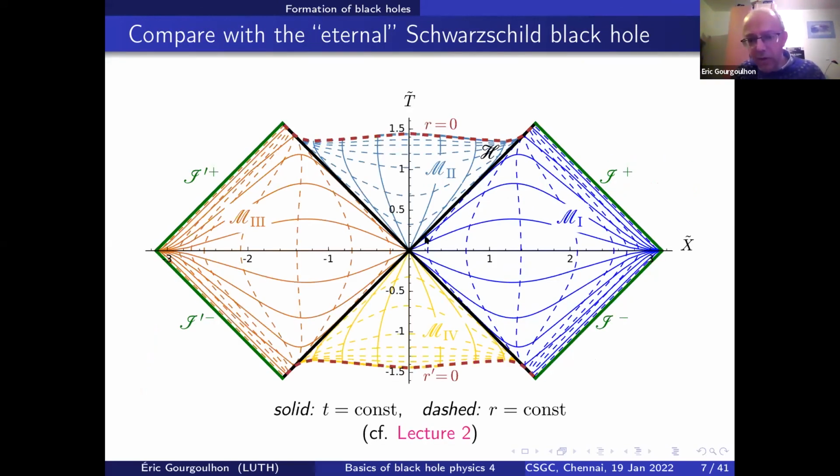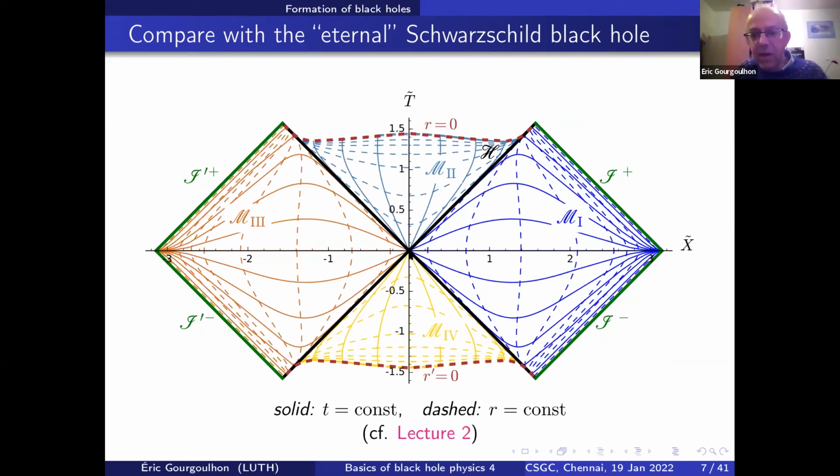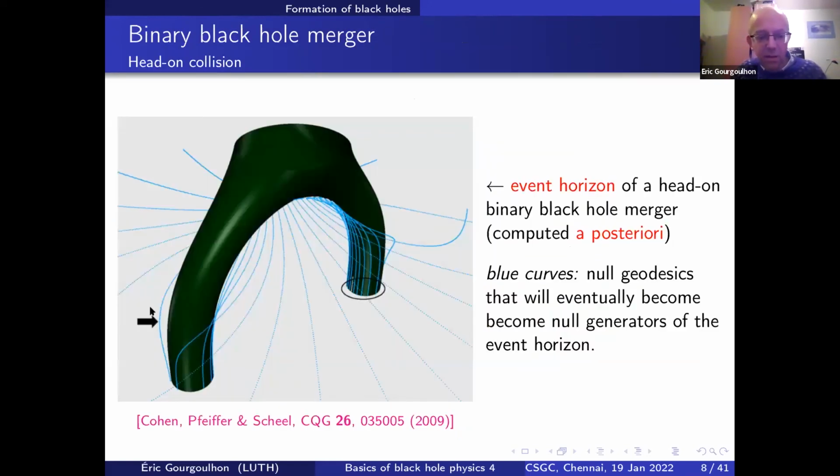And in M1, in the astrophysical collapse, we don't have this horizon here, which is a white hole horizon. It means that everything can go out from this region. This is a white hole region with respect to Scri+, but nothing can enter into that region. This white hole horizon is totally absent from the astrophysical diagram. And also notice the bifurcation sphere that we discussed yesterday, where these two horizons cross, is also completely absent. So we don't have here any bifurcation sphere.